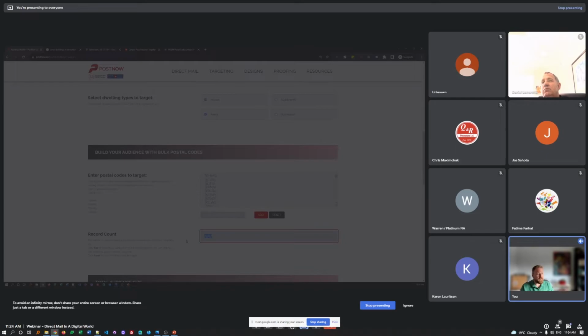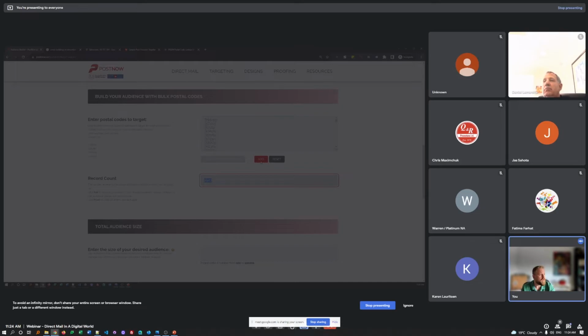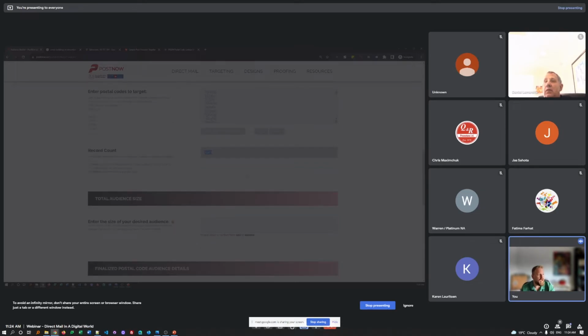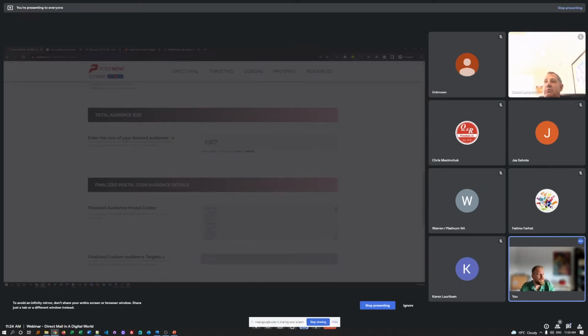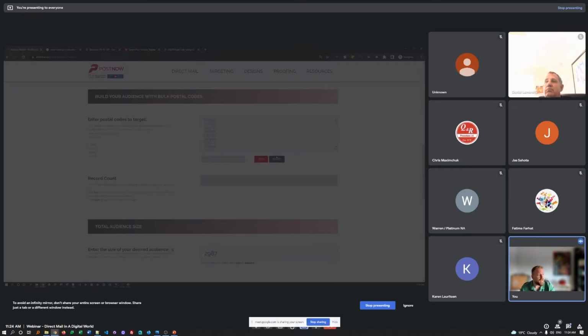So this is the exact number of households that you can target within these postal codes with a postal code targeting campaign. So I'm at 2,987. If I was happy with that, I could add that to my audience that I'm building, and it'll come into my total audience size. Here's my finalized audience postal codes, and I can then reset this, and I can keep adding new ones. So if I wanted to add another one here,